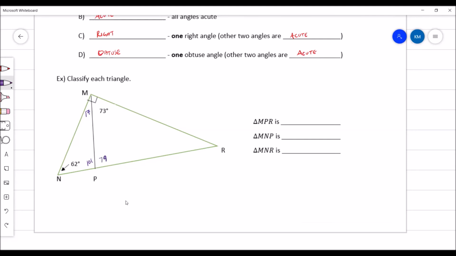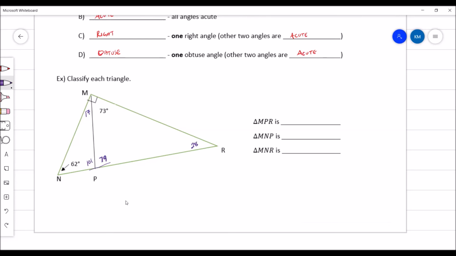We should be able to double check that because this is the exterior angle to this triangle MNP, and it should add up to its two remote interior angles, and it does. 79 plus 73 is 152. This should add up to 180, so 180 minus 152 should give us 28. Okay, and so now we have our triangles labeled, and so I'm going to redraw these triangles